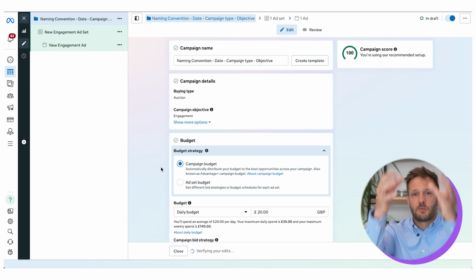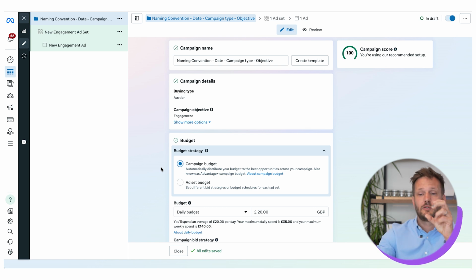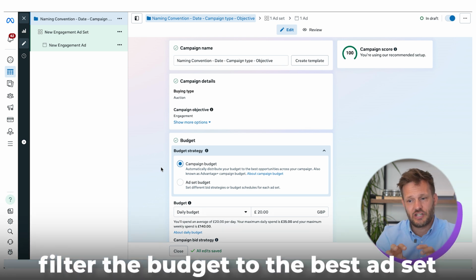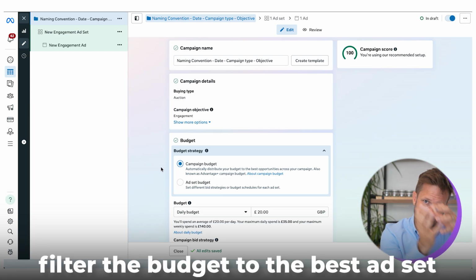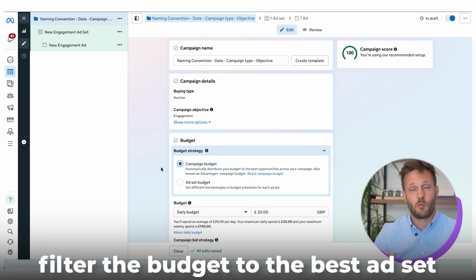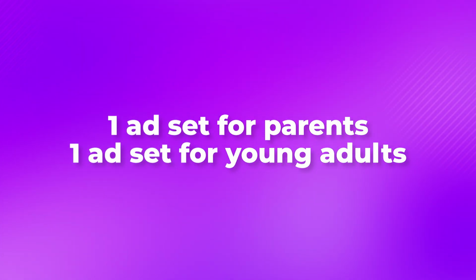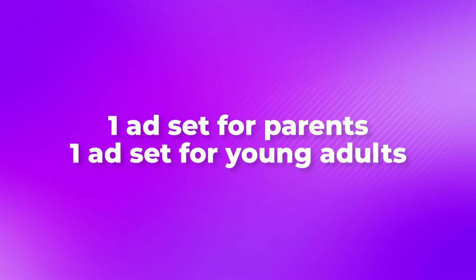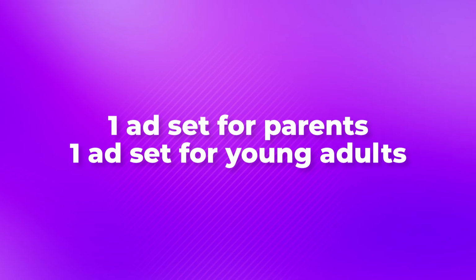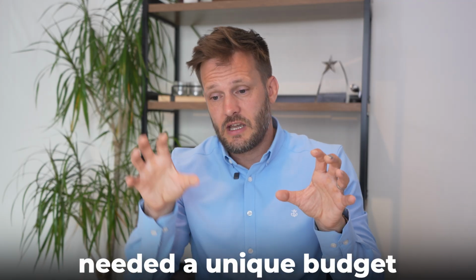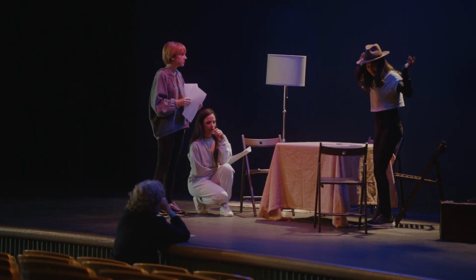Down here you've got the ad set budget or the campaign budget. The campaign budget is where you tip the budget in at the campaign level, and it'll decide, if you have multiple ad sets, which ad set is performing best, and it will filter the budget through that. Going back to the Rare Productions example, we had 2 ad sets because one ad set would target parents and the other ad set would target the young adults, right? Completely different messaging, completely different creatives, and they needed a unique budget because the young adults, who are sort of 16 plus,